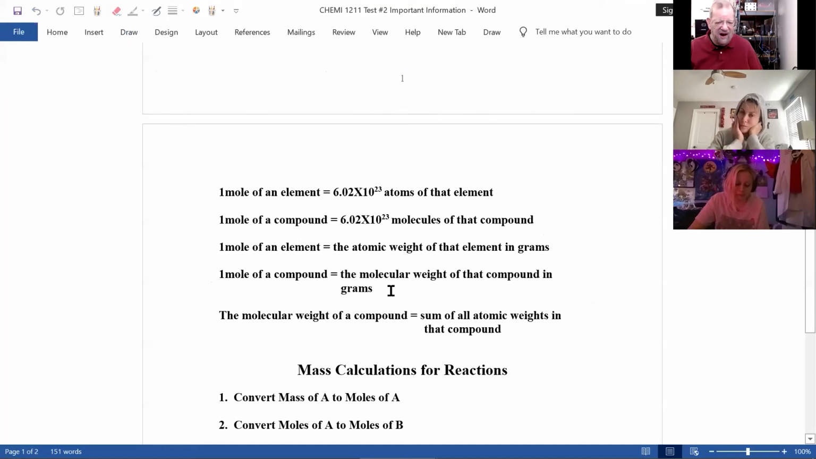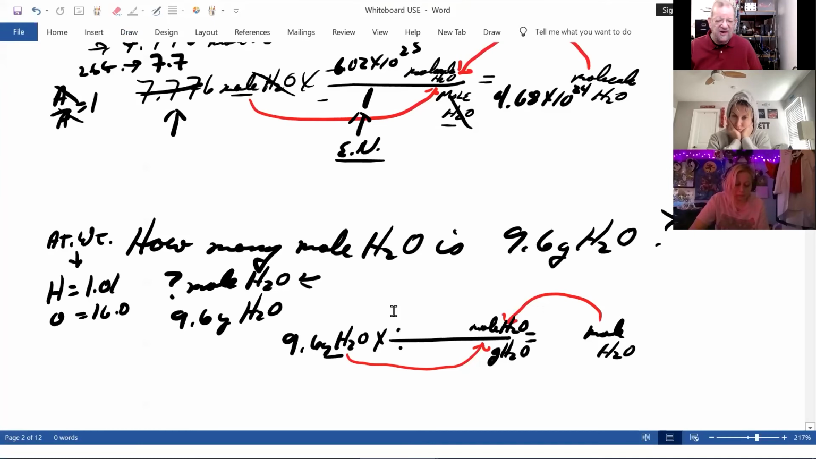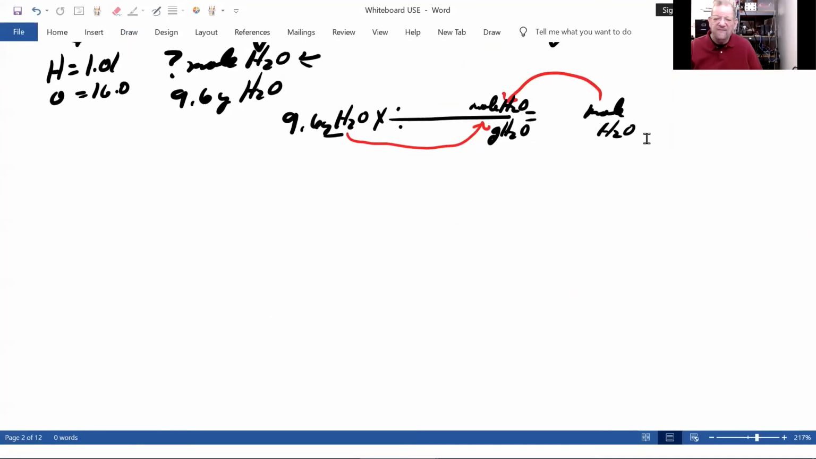1 mole of a compound equals its molecular weight in grams, and the molecular weight of a compound is the sum of all atomic weights in the compound. So now what I have to do is determine what's the molecular weight of water. Water is H2O. There are 2 hydrogens, 1 oxygen. Each hydrogen has an atomic weight of 1.01 to 3 significant figures. Each oxygen, there's only one, 16.0,